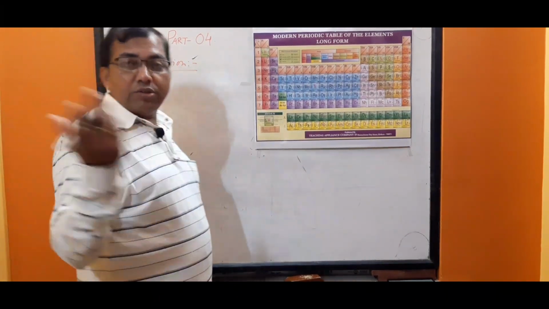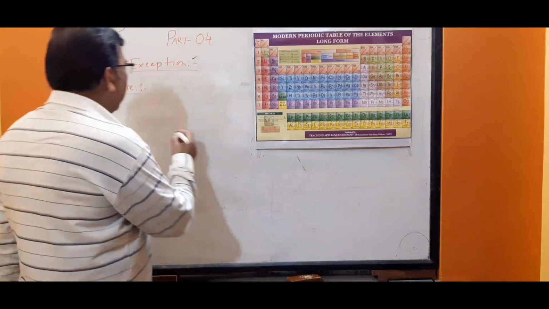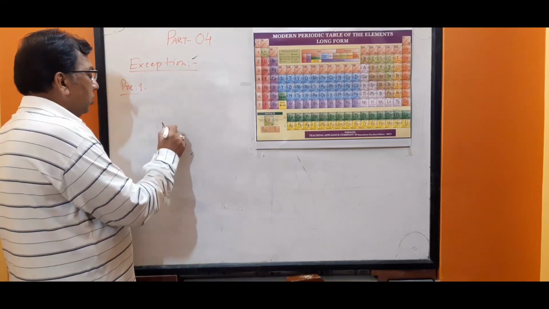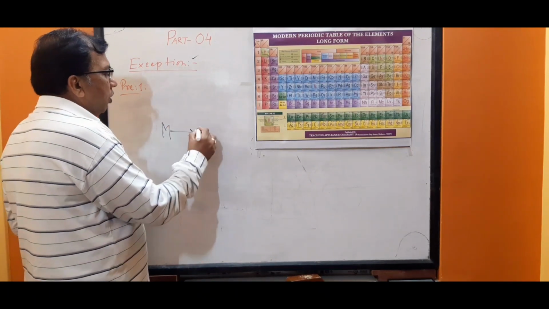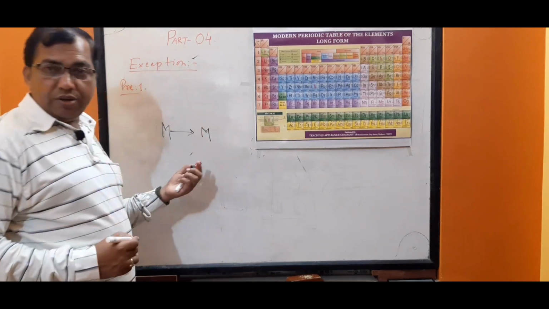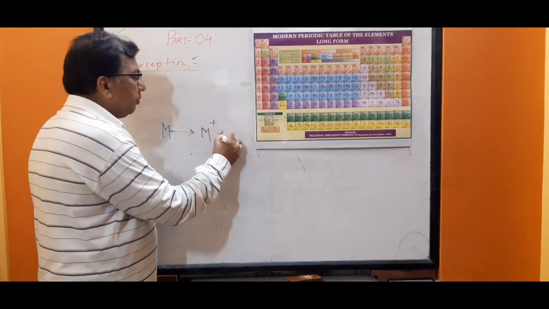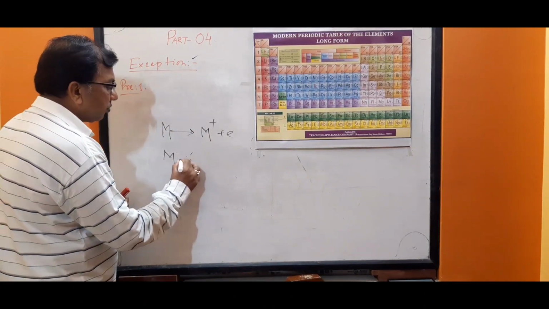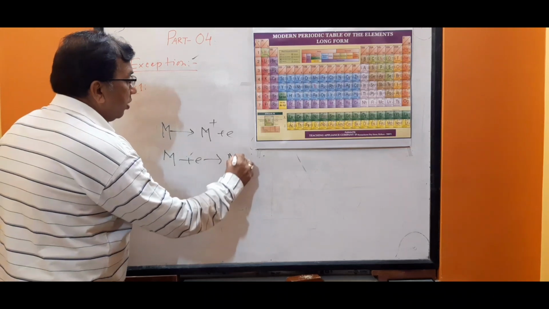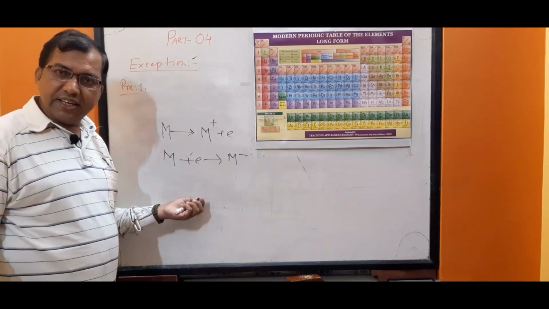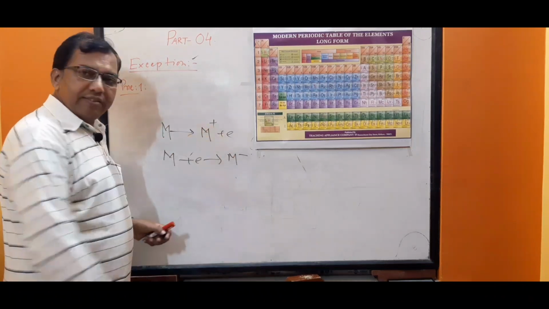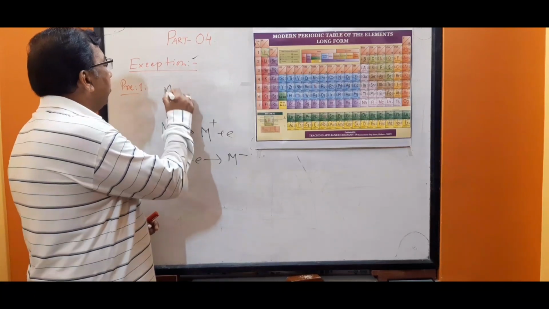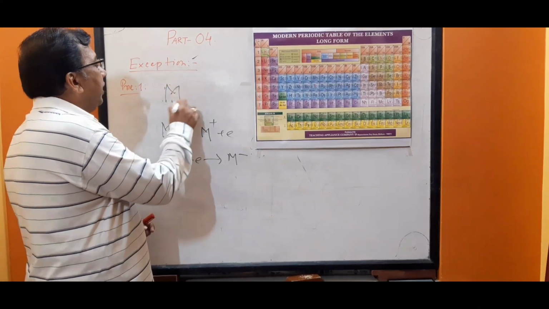What is an ion? Two types of ions, cations and anions. You know, when any metal loses an electron, what will happen? It becomes M plus. When any metal gains an electron, it will be minus. Is it clear? All of you know, that is the anion, this is the cation. The cation, the anion and the simple atom, the atomic form of any metal.